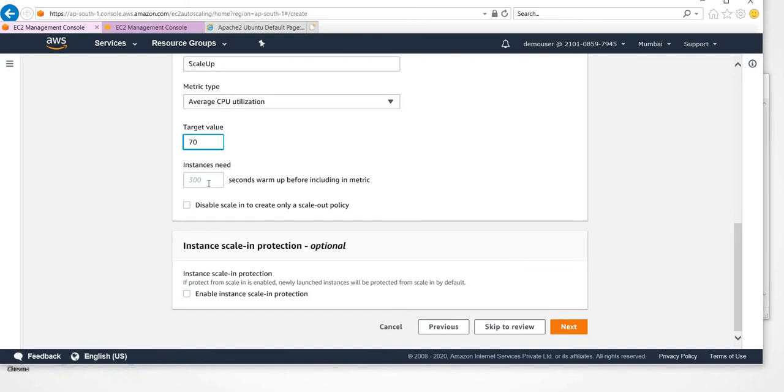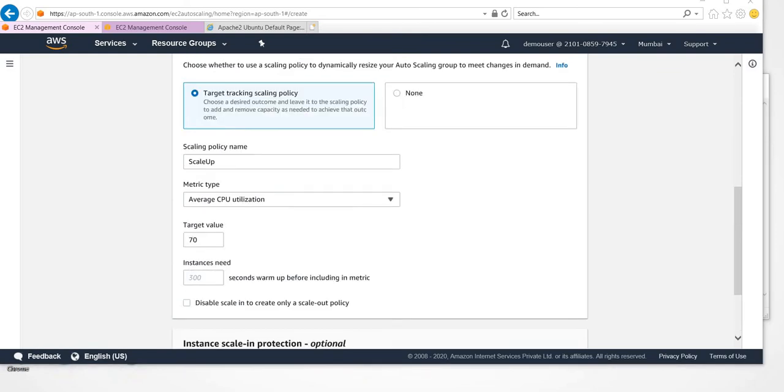Okay, so what is the warm up, right? Since during the template creation we have given the user data, which will do the library update and install a couple of packages, right?